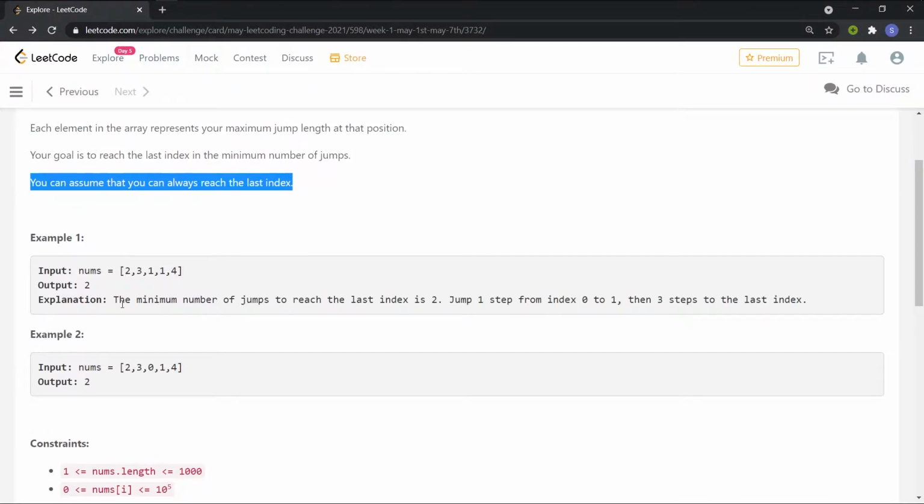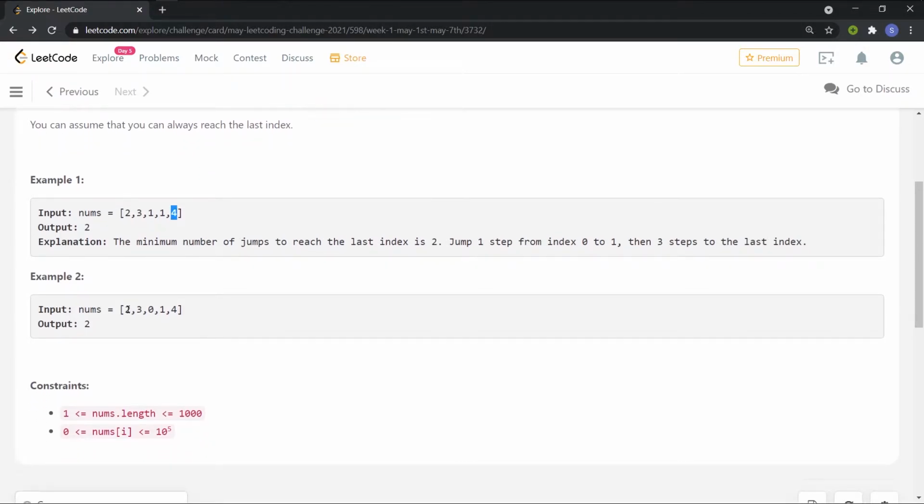So let's see the example, and from that you'll be able to understand what the question wants us to do. Here this is the array, and we are initially at this position and we have to reach this position. The output is given as 2, that we require at least 2 jumps to reach the final index. So let's see how to do that. Because the value at the starting index is 2, we can take a jump of length 1 or a jump of length 2. But it will be wise to take a jump of length 1, because from here we can directly take a jump of length 3 and reach the final destination.